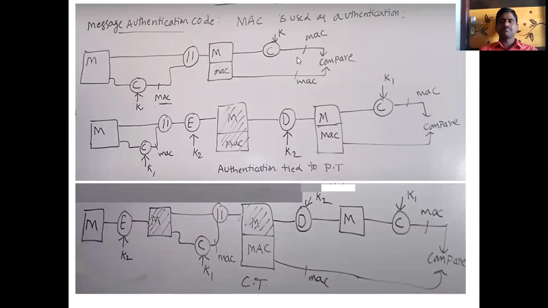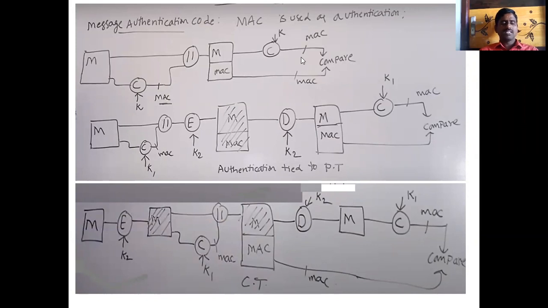Definitely both will be the same, because on this plain text you perform the function and get a MAC code, and on the same plain text again you perform the function and get a MAC code. You are comparing these two, and definitely both will be the same. Okay, so this is how the message authentication code is done in this case.